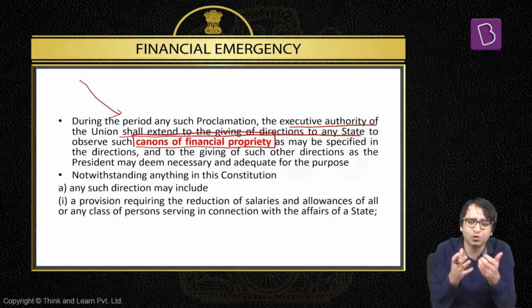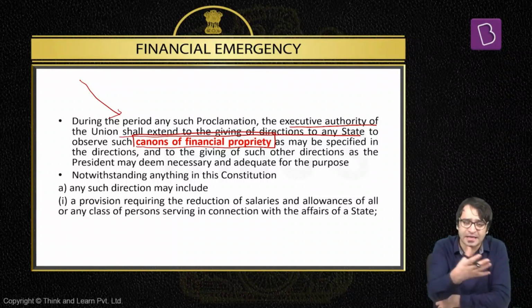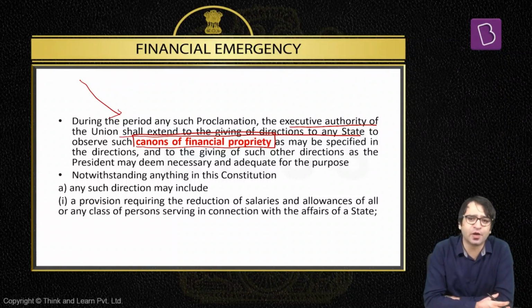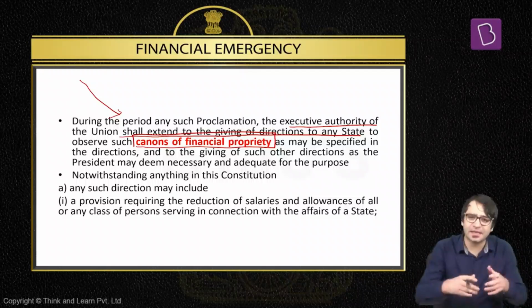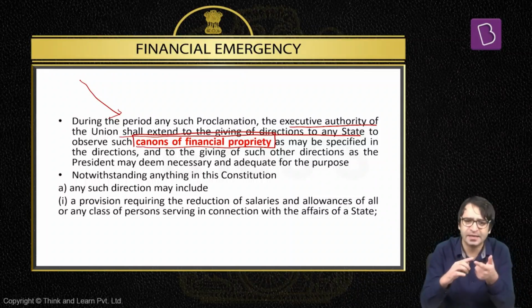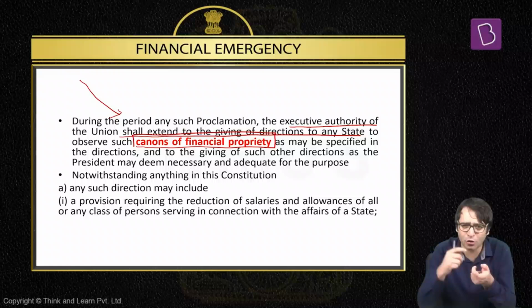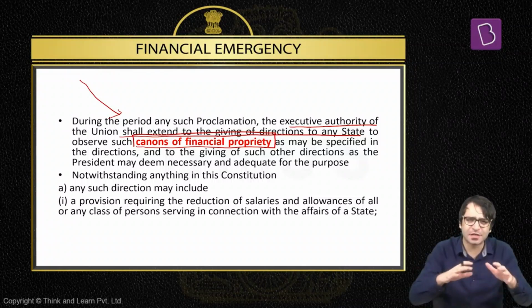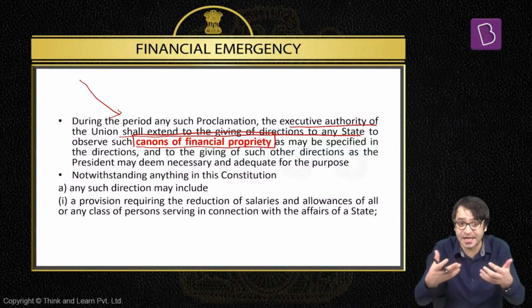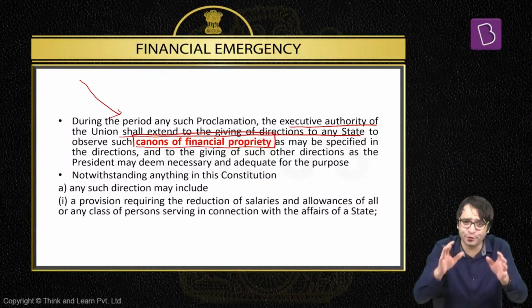Let's say, for example, 2009. When the 2009 global financial crisis was going on, the finance minister was Pranab Mukherjee, who later became the president of India and unfortunately passed away in the year 2020. He was also suffering from COVID-19. As finance minister, he asked all the cabinet colleagues to maintain canons of financial propriety. That means don't stay in 5-star hotels, use government accommodation, don't fly business class, fly economy class. As much as possible, limit your expenditure because we are in a financial crisis. But even during that time, as I told you, financial emergency was not imposed.